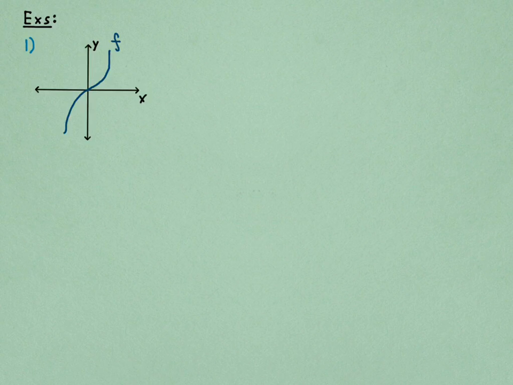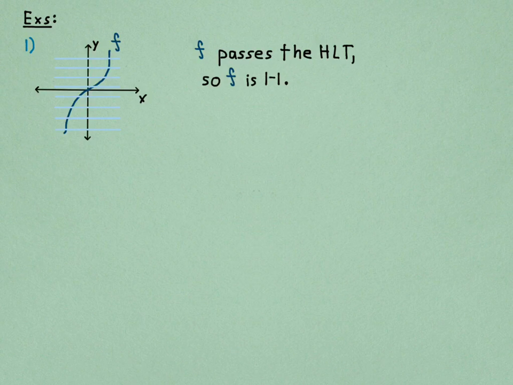So here's an example, or some examples. First, here's the function f. I don't know what the formula is or anything. I just drew a graph. And it's 1 to 1. These little very faint horizontal lines mean, because you have to use every single horizontal line, I'm just imagining sweeping up this horizontal line, and none of them intersect the graph twice. So f passes the horizontal line test, which means f is 1 to 1, and it also tells you f